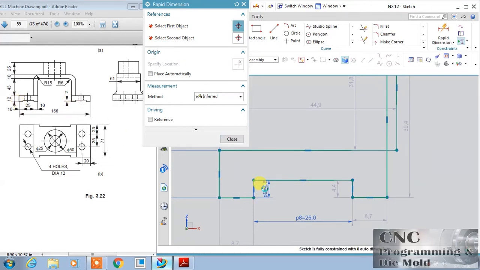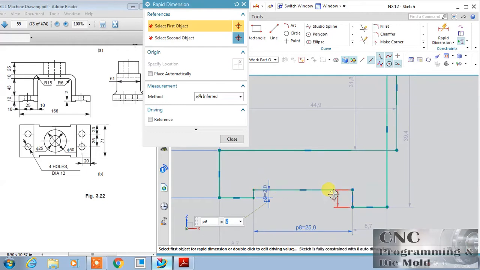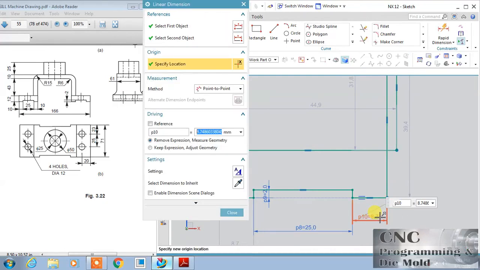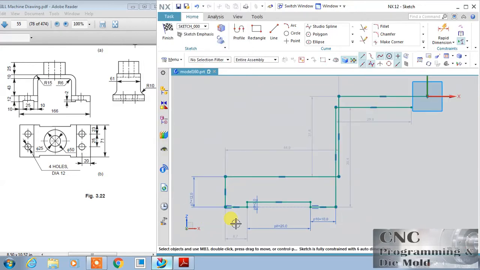Click and change to 2. Cancel it, select these two lines and make them collinear. Okay, and this gap is 10, change it to 10, and here also this gap is again 10.